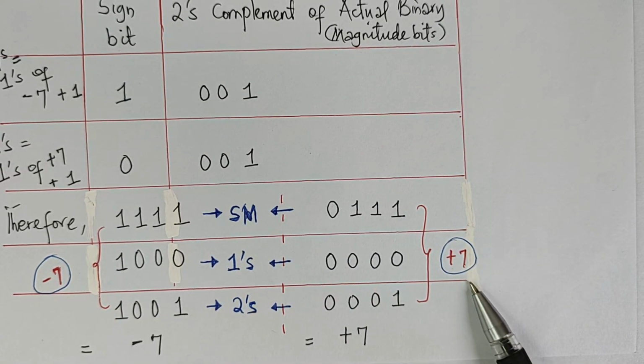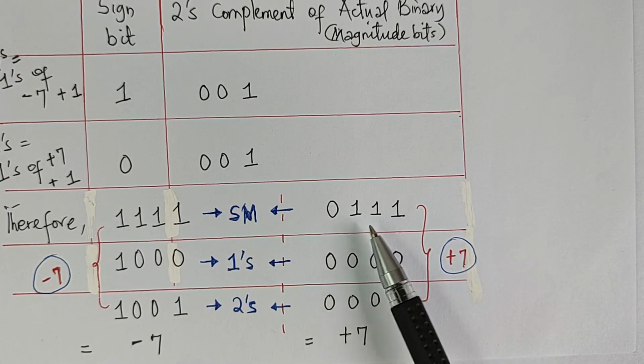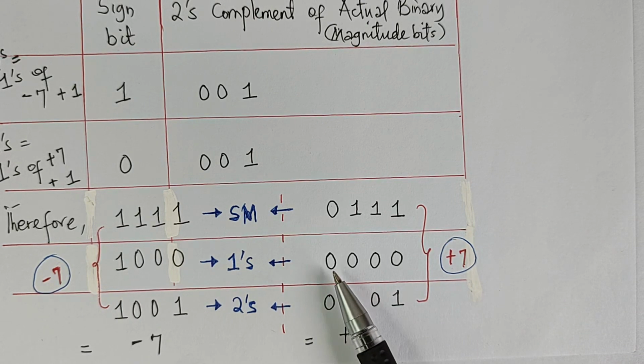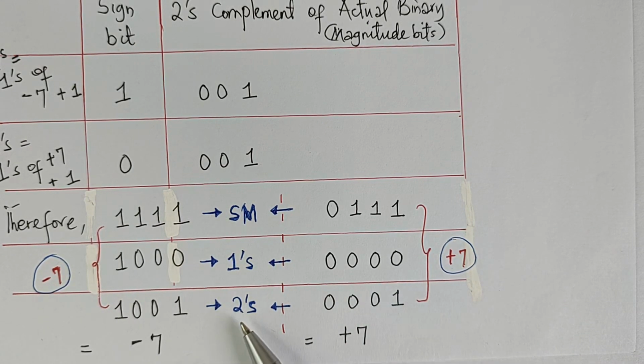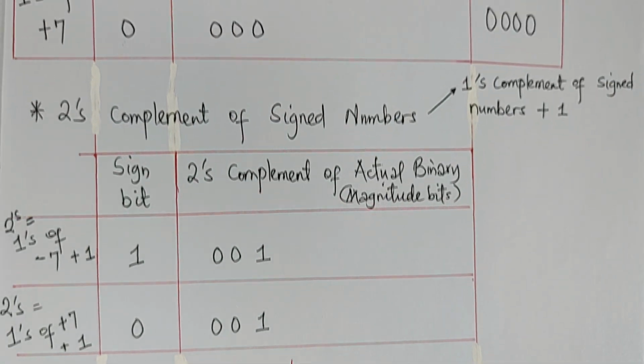Now the same, if we go over to plus 7, for the sign magnitude form, we're going to have 0, 1, 1, 1. For the first complement, we'll have 0, 0, 0, 0. For the second complement, we're going to have 0, 0, 0, 1. So I hope I've been able to teach you